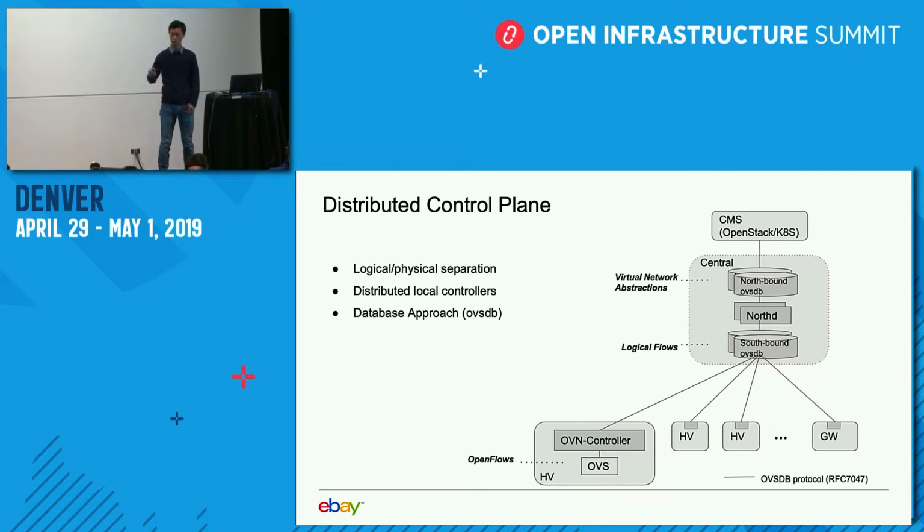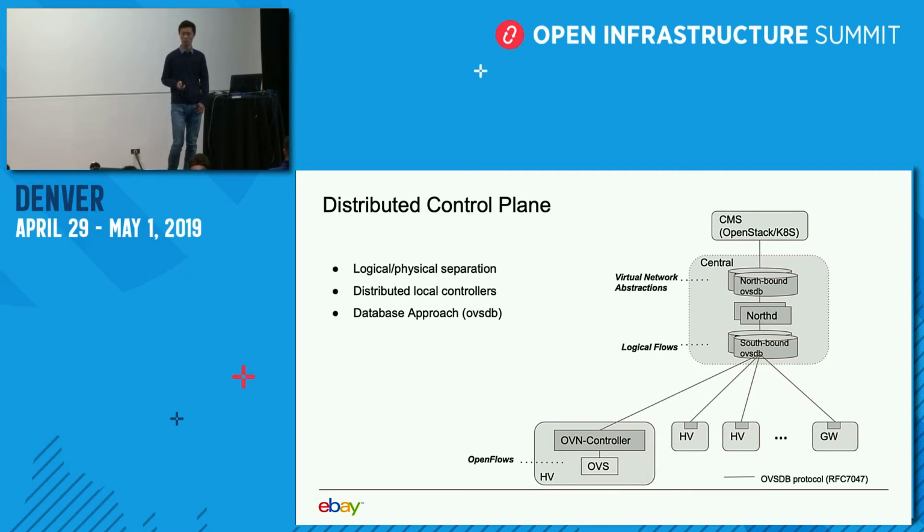Everything drawn with a solid line in this picture is the OVSDB protocol. Basically, ovn-northd gets a notification from the northbound DB and then translates and writes into the southbound DB. And the OVN controller will, in turn, get notification from the southbound DB and translate into OVS flows. So it's a very solid pipeline and